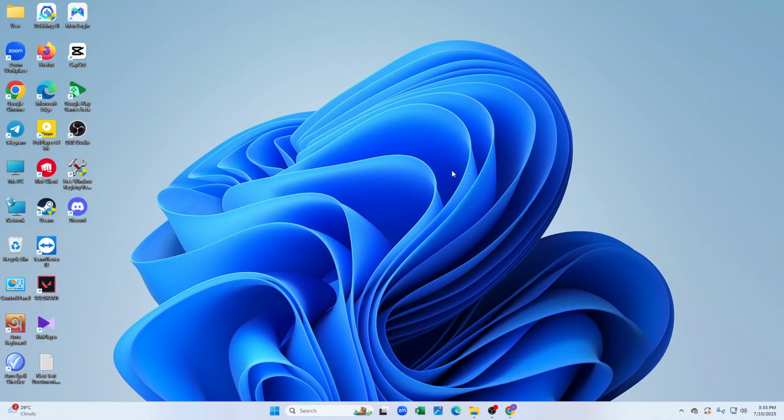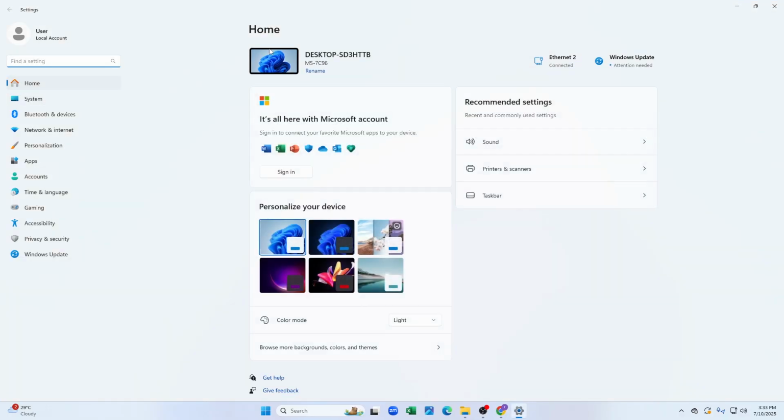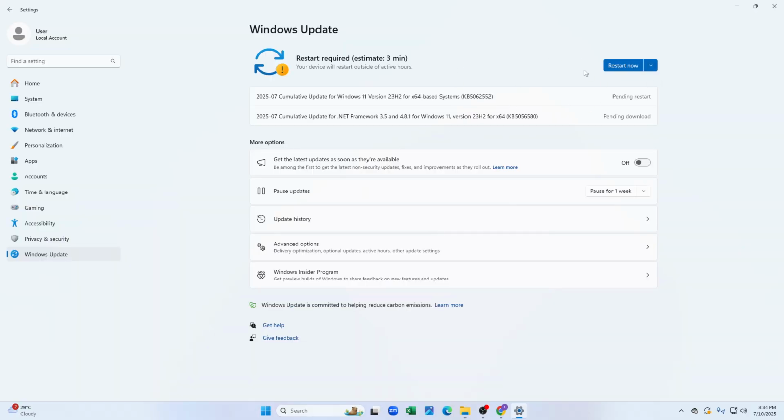If you're facing a problem like checking for updates taking too long, you just have to click on your settings option from here, and then click on Windows Update. And if the updates are taking more than the usual time, you just have to search for